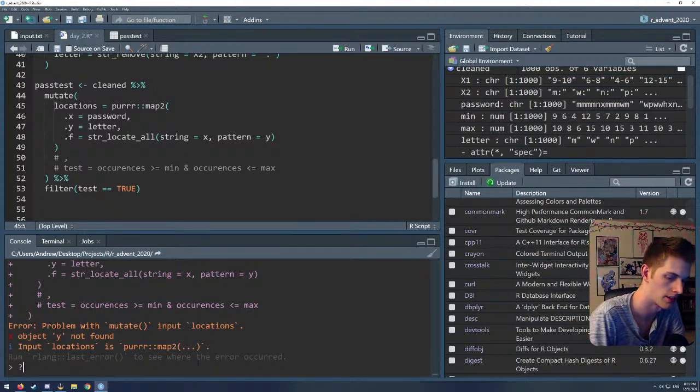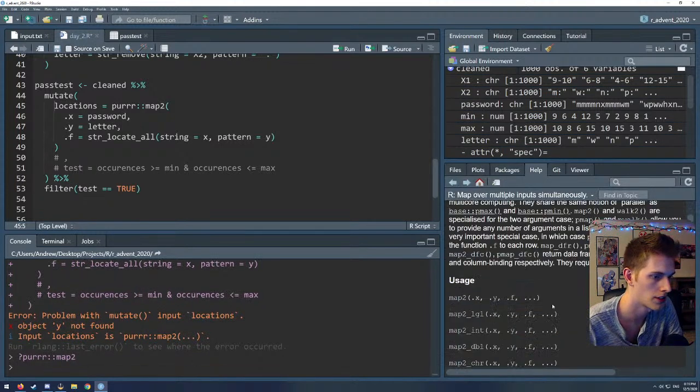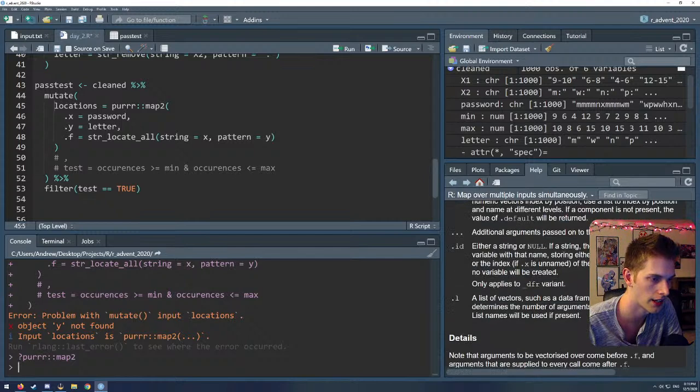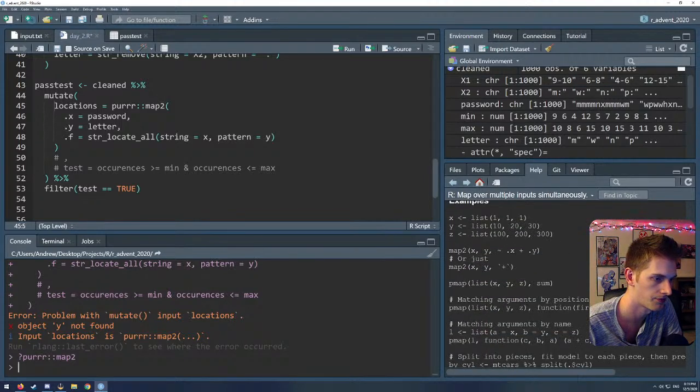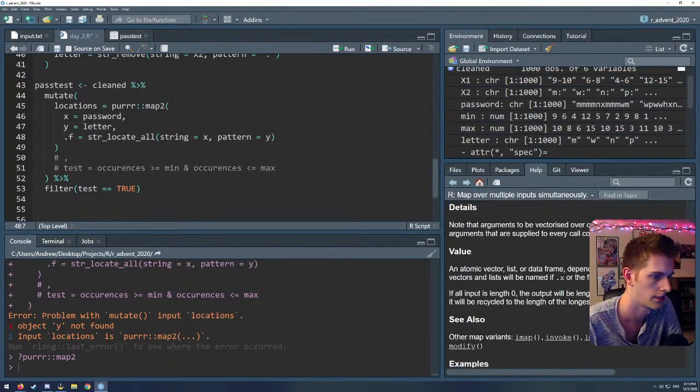All right, we're going to look up the documentation because I might be misremembering how to use this. So the dots are for when we want to use a formula method. Let's just use x, y,